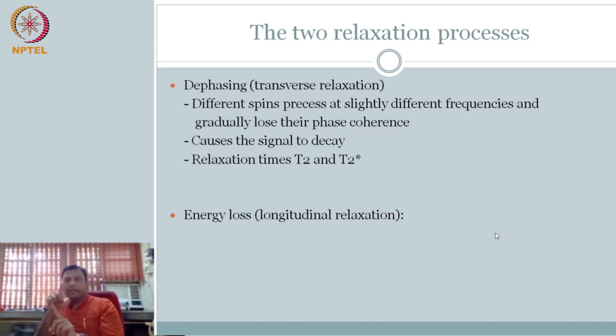So one spin interacts with another spin, what happens? Some spins can be slightly faster, some can spin slightly slower. Even though we said all of them have the same omega, the precession frequency, there could be slight differences, because each nucleus is surrounded by a different number of other nuclei. All this is slightly different.